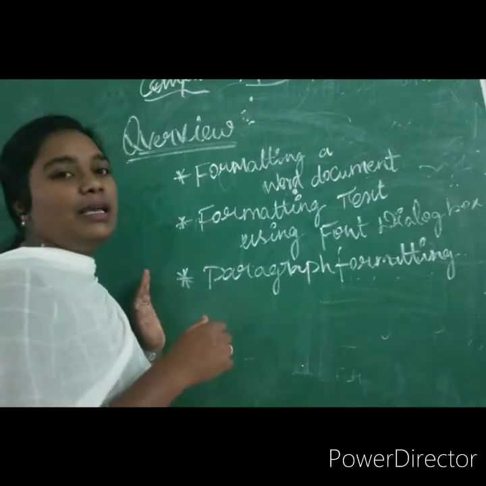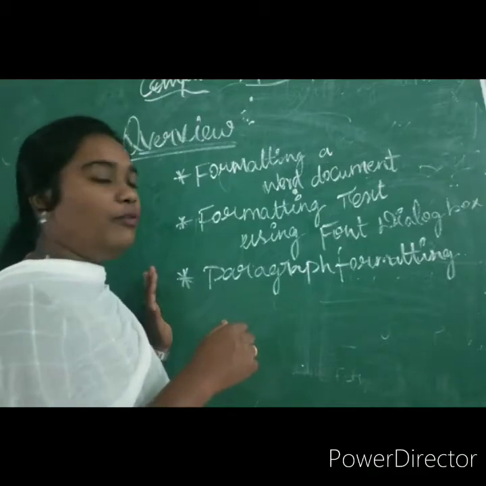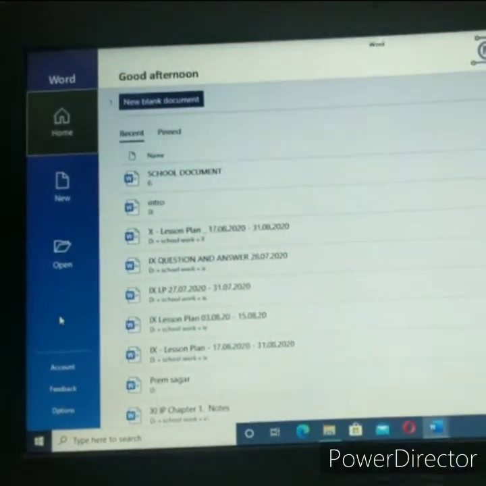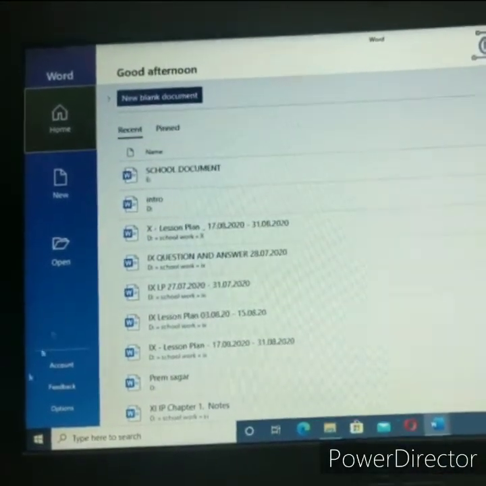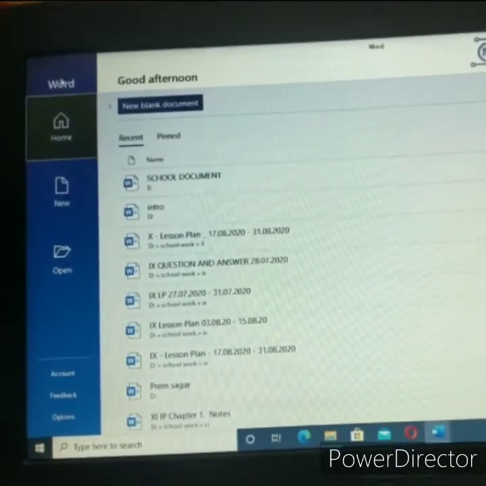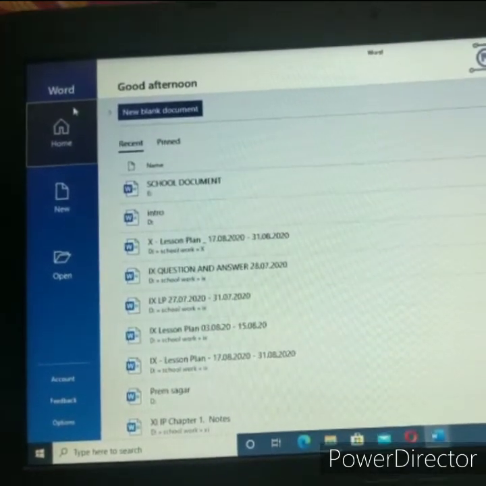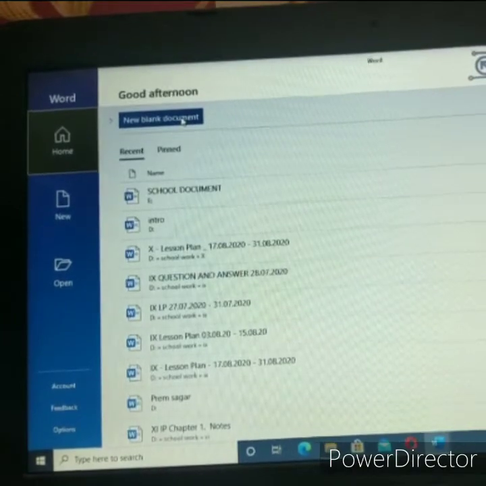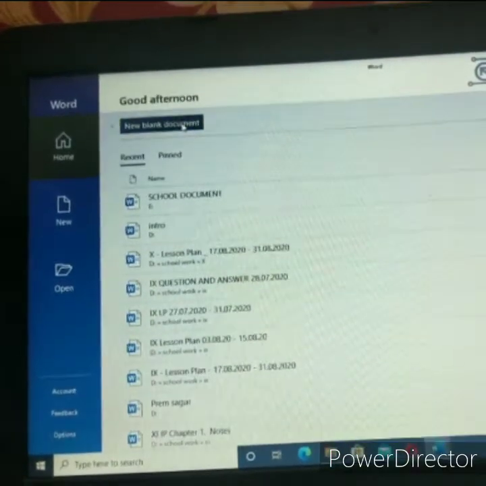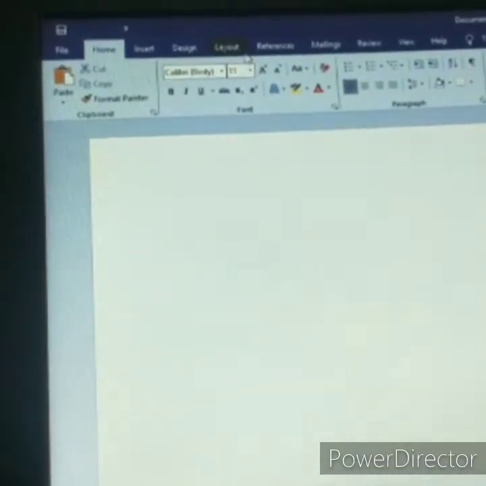Let's see, children, how to do this in our Word document. Now we are going to see how to format a text. Here I am clicking a new blank page. Children, what is formatting a text?